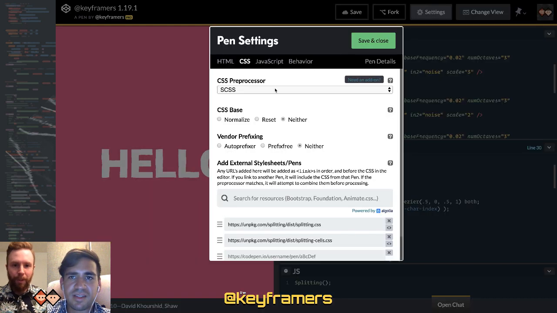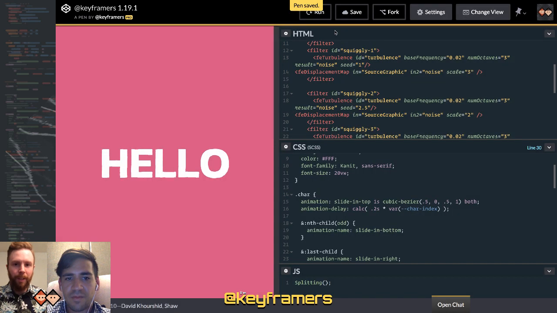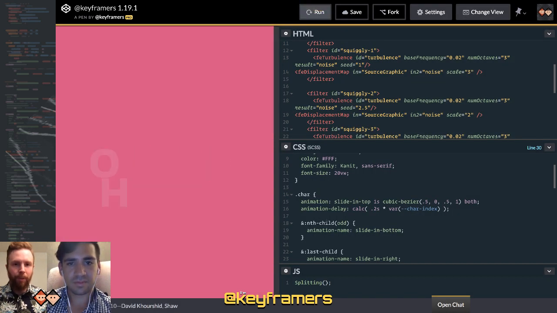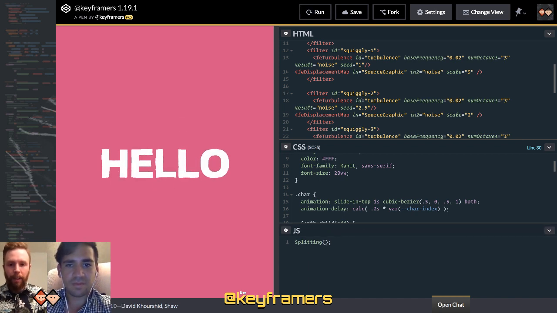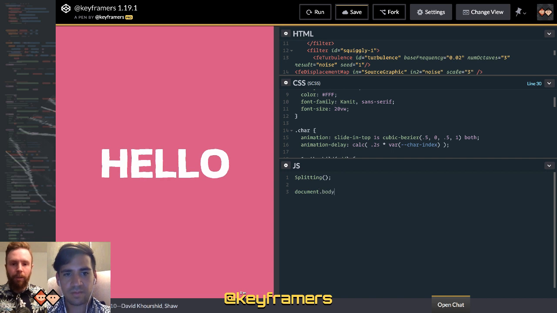What you can do is you can always go to behavior, check off auto updating preview, save, and then you can rerun that animation whenever you want. Actually, I did come up with a nice quick trick for rerunning an animation. Document.body.addEventListener. Oh, but that uses JavaScript. Well, sure, but what doesn't? But I am curious. You could do a body hover state that changes the animation to an animation with a slightly different name, but that's the exact same keyframes if you really wanted. Right. But that's a hack.